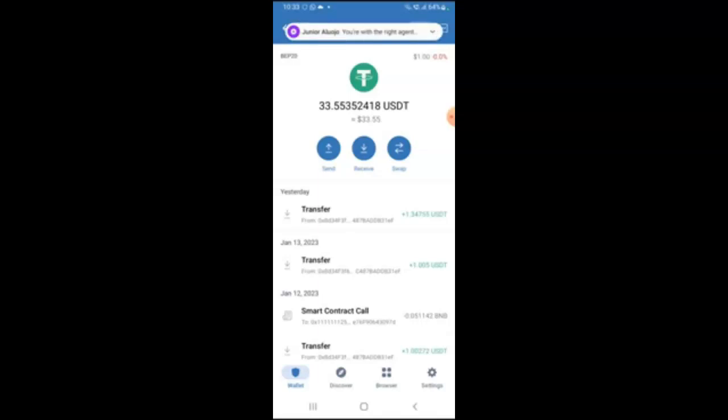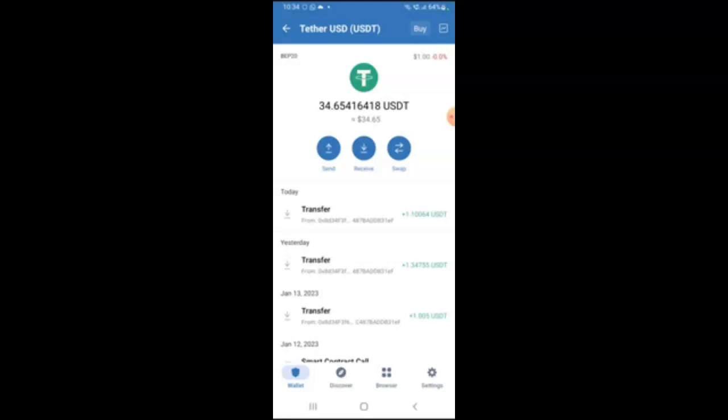Now, if I wanted to withdraw some of this money, say you've got a substantial amount of investment in there, of course you want to take some out back into your bank account, and it's a pretty simple process. We'll just wait to see if this comes through while we're watching it. I saw confirmation a moment ago. Oh, there we go. It has now gone from $33.55 to